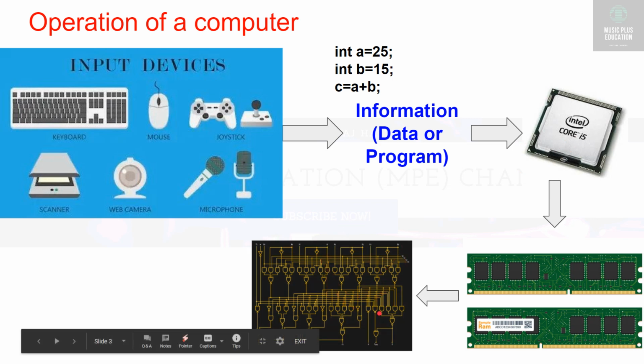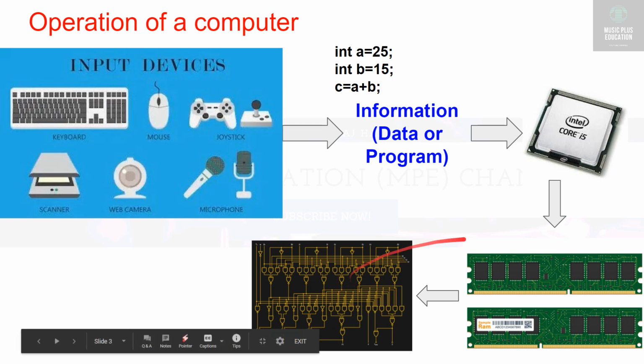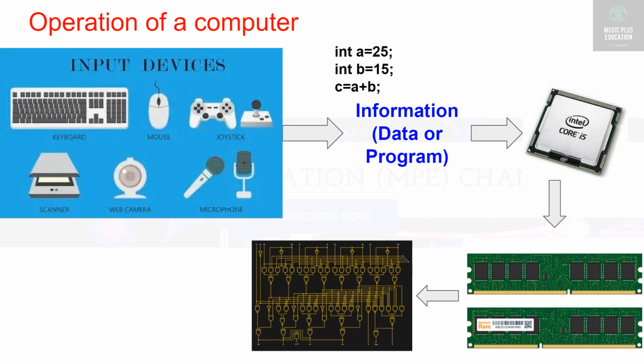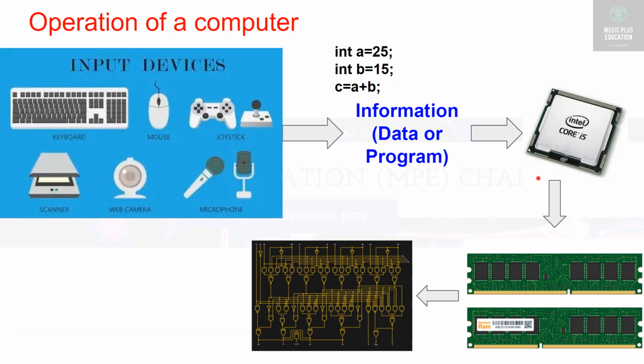Once it performs the addition operation, the result can be stored in the memory. How will it store it in the memory? This entire operation is controlled by the control unit. We have a control unit that performs the entire operation. The processor cannot directly store the instructions and data into the memory. The control unit has to give permission. If the control unit sends a read signal, then only it can store these three instructions into the memory.